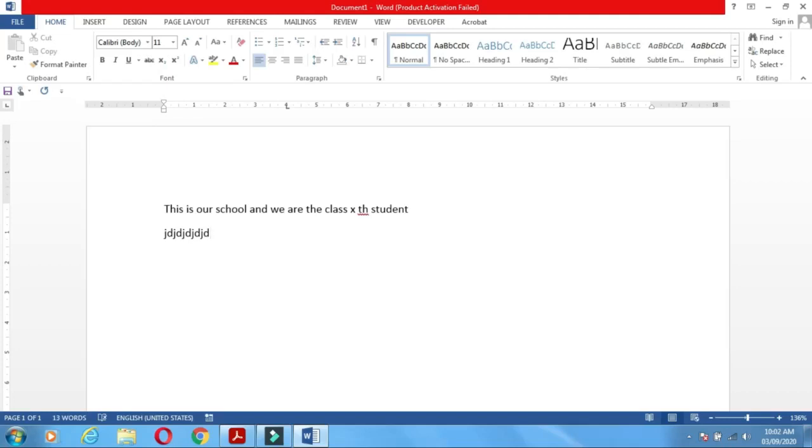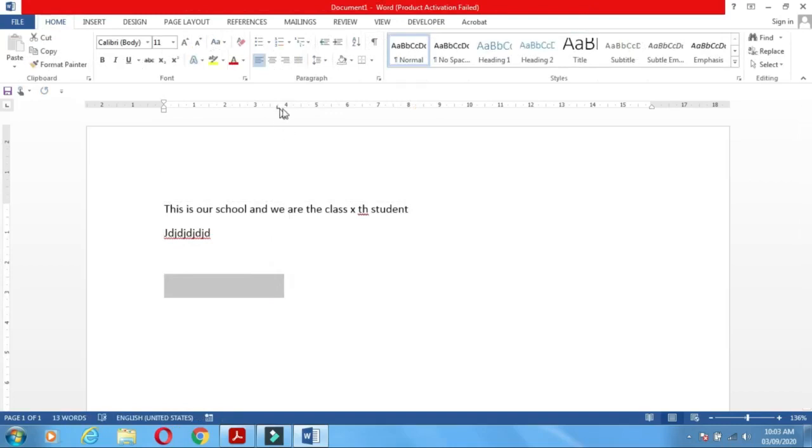So when you type and press enter, and again type something here in this way, and when you press the tab, what happens? The cursor moves up to this point. See, it moves up to this point. Have you seen here? Up to the fourth, means we applied the tab position up to the fourth centimeter from the left side.